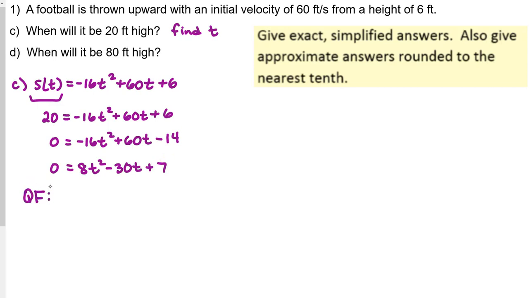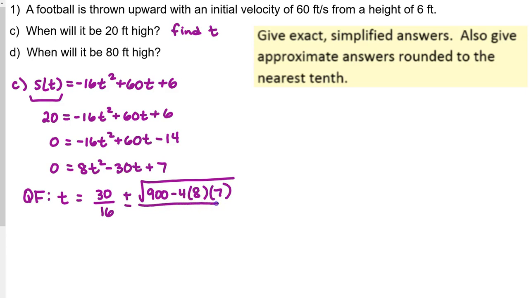Or if you prefer completing the square, you could do that. So we have the opposite of b over 2a, which, by the way, is going to be your 15/8 that you had earlier. Remember when we found opposite of b over 2a earlier, it's still the same thing. Plus or minus the square root of b squared minus 4ac over 2a. So 15/8 plus or minus,